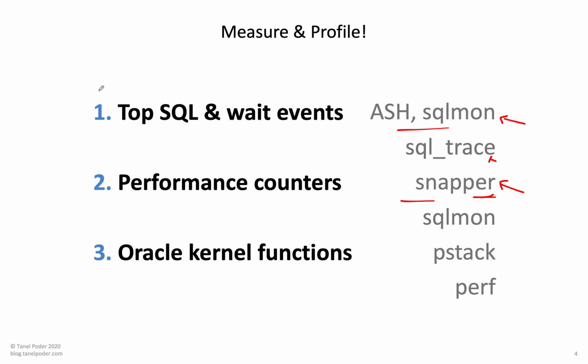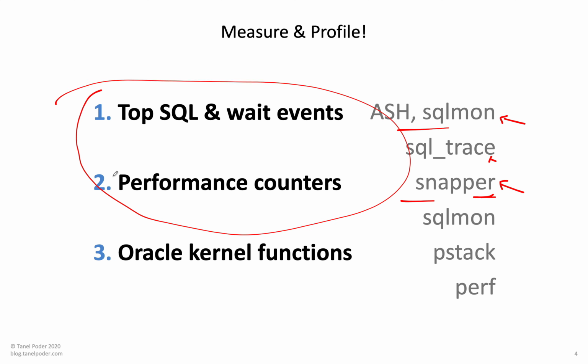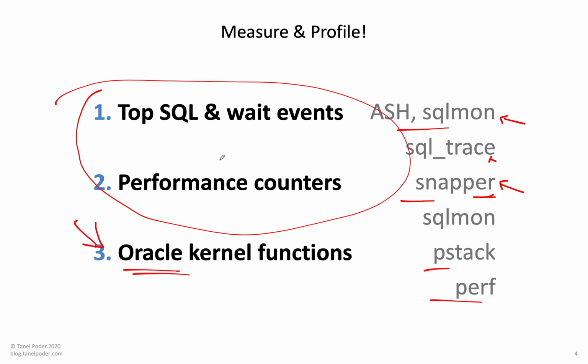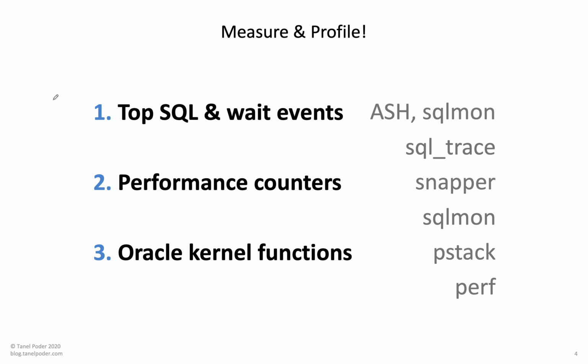And when these built-in tools don't help, then you take the screwdriver and dive into the C function level and see what the Oracle processes really are doing. You very rarely have to go to that level because, especially with ASH and so on, you can get so much out of Oracle's built-in instrumentation, right? And that's the advanced Oracle troubleshooting method that I use, and then teach as well in my classes, right? So I've been doing this for like 15 years in this order. Actually, that's for another day, but